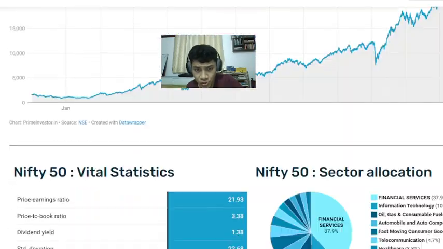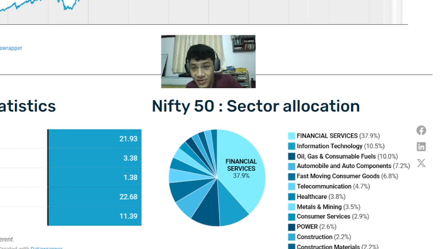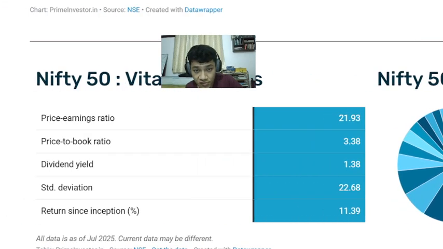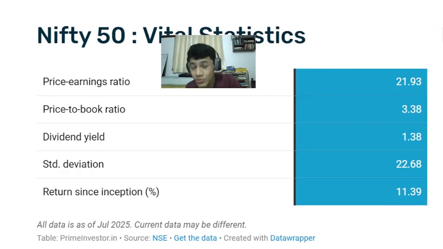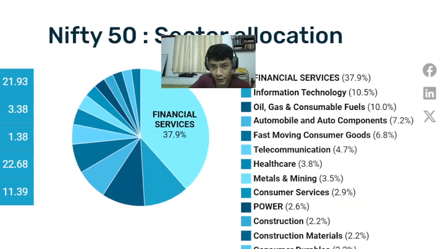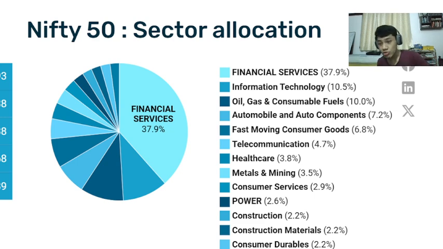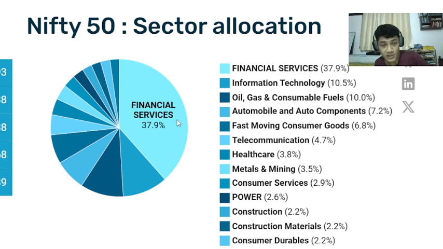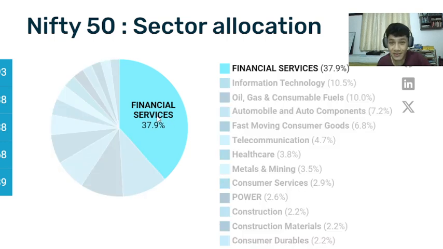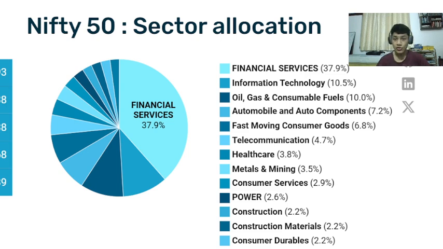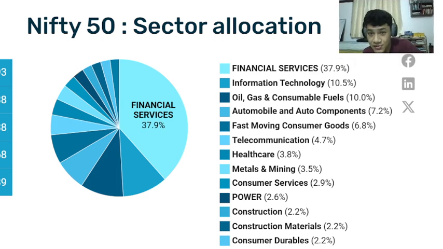All right, the composition and all. First, we have sector allocation. Now, this data is not the latest, it is as of July 2025. Not September, but July 2025. The real data as of now might be a bit different, but this data representation looks the most pretty. So first we have financial services making up 37.9% of the index. 37.9% of all the shares in Nifty 50 come from companies in the financial services sector,